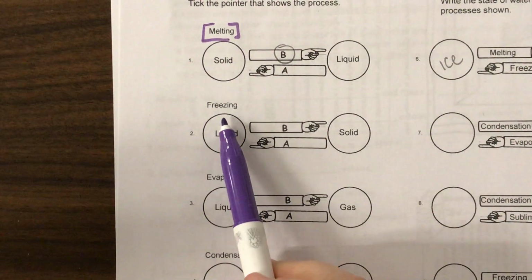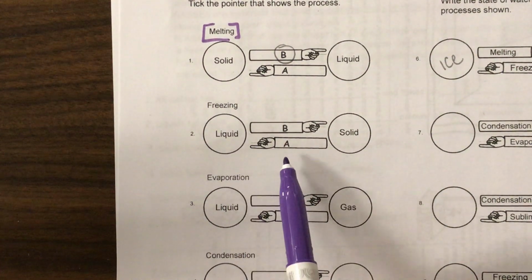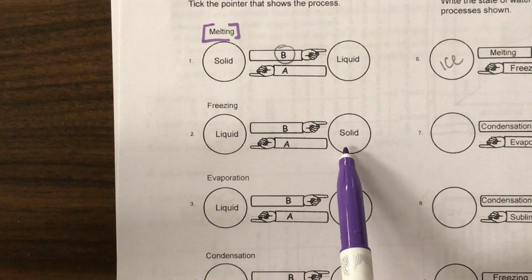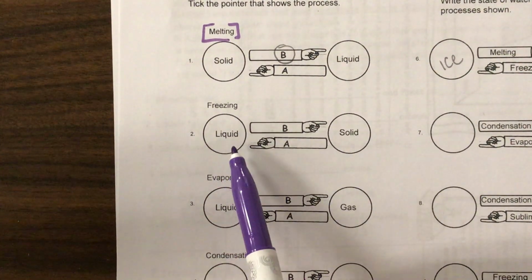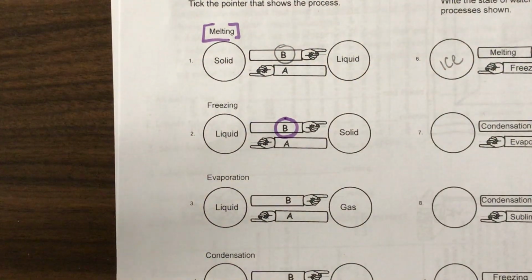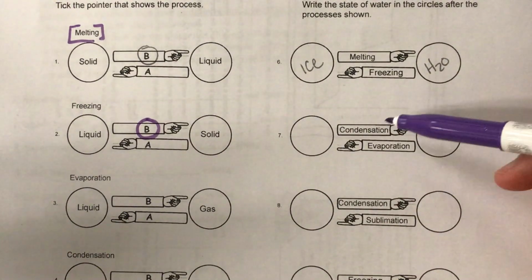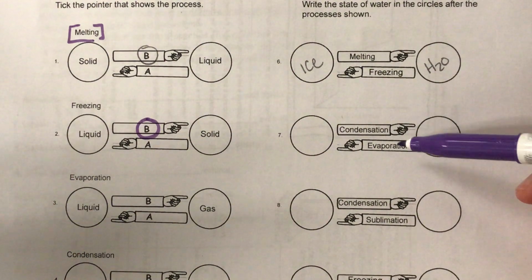So for 2, freezing, from a liquid to a solid. It's easier to freeze, like, right, I have a liquid and I freeze it to a solid. You're picking the circle that matches the process. It doesn't seem hard, but at first glance, you're like, what is this? Because it looks weird. Okay, on the other section, it gives you processes, and it wants you